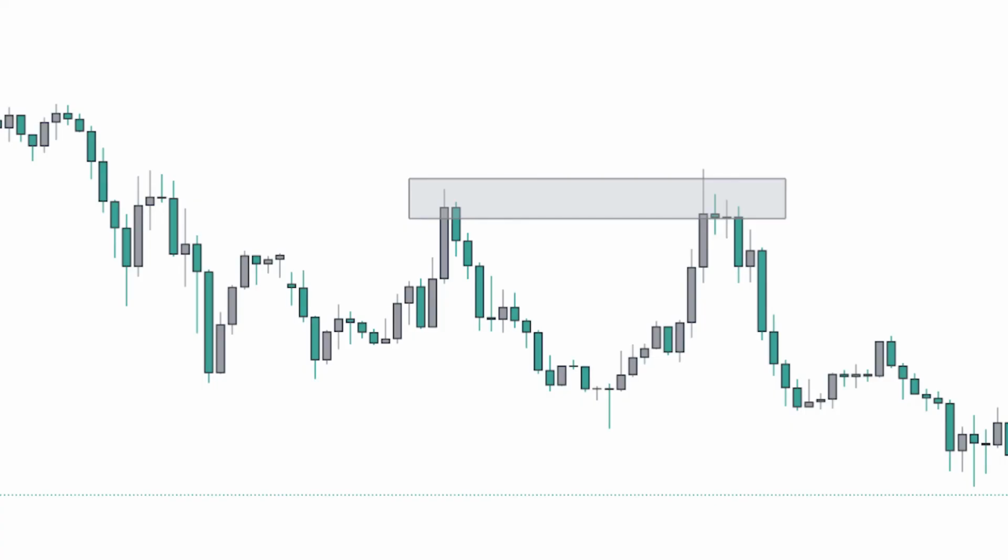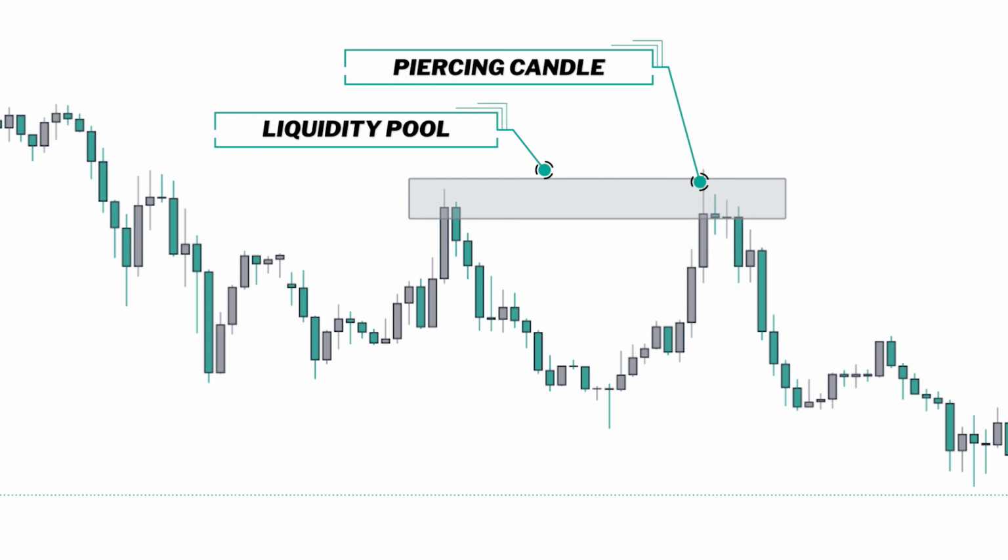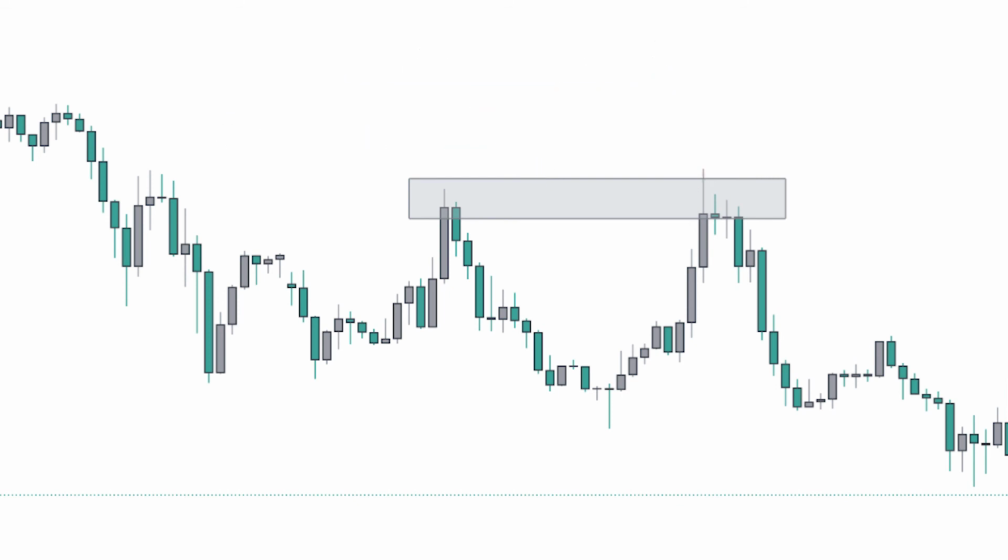Let's head back to the computer and take a look at an example. As we can see, price has broken through the recent swing point with a piercing candle, closed below and then headed down in the original direction, almost like a double top. What has occurred here is that larger traders have used this area of liquidity, in particular the liquidity pool just above this recent swing high, to enter the market. As we spoke about earlier, if a sell trade stop loss triggers, it's essentially providing buy liquidity to the market. Therefore, larger traders will target the area at the swing high, where they know lots of retail traders will have placed their stop losses, and then use this buy liquidity to execute sell trades of their own.